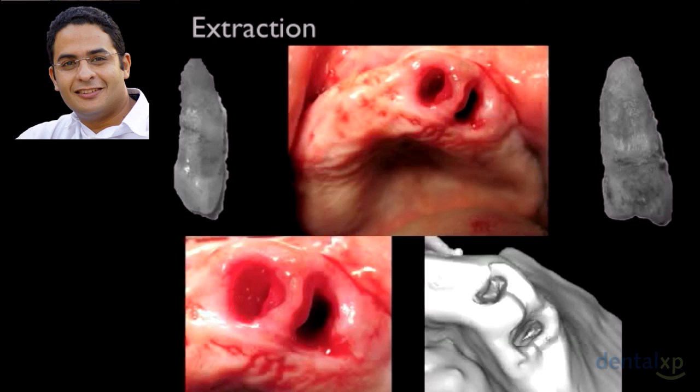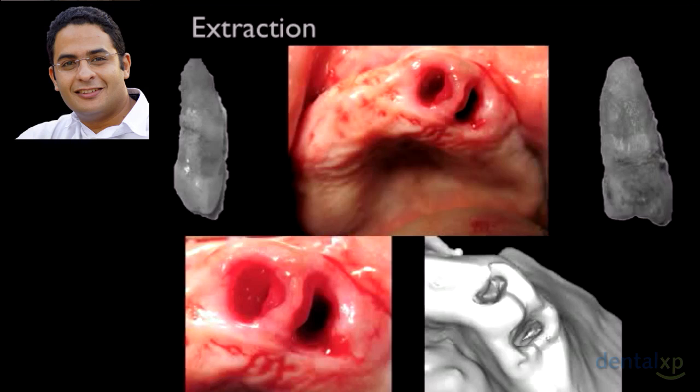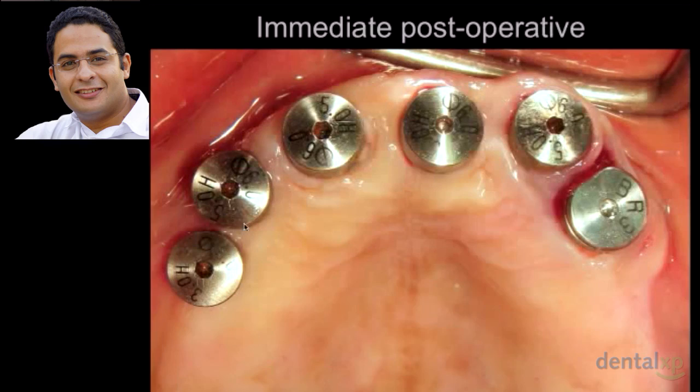Here we have the paralleling pins in place, the virtual extraction that was simulated, and we see here the similarity between the virtual extraction socket and what we had in reality. As we see, it's a minimally invasive flapless surgery, minimal bleeding, minimal trauma to the patient, and